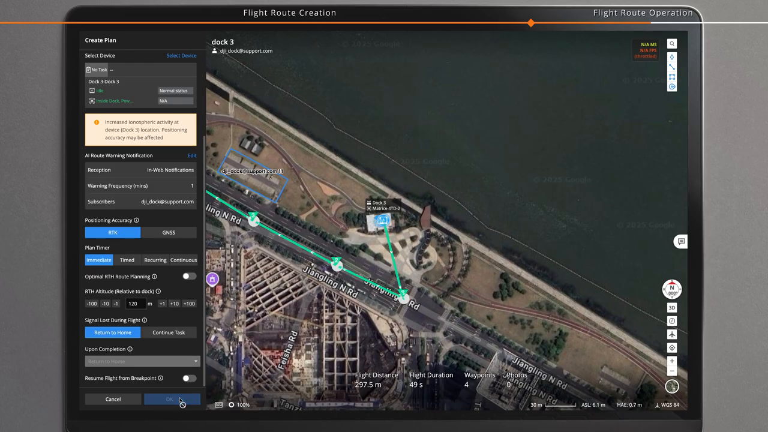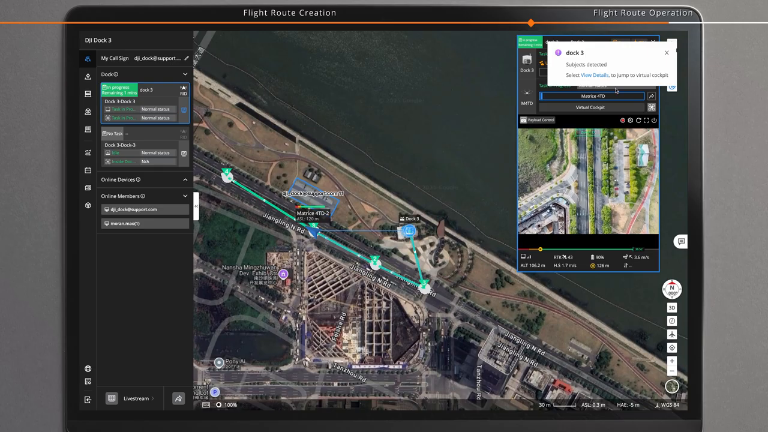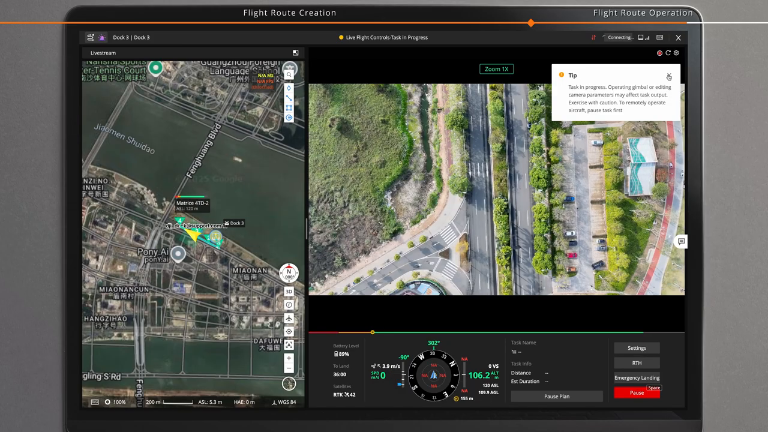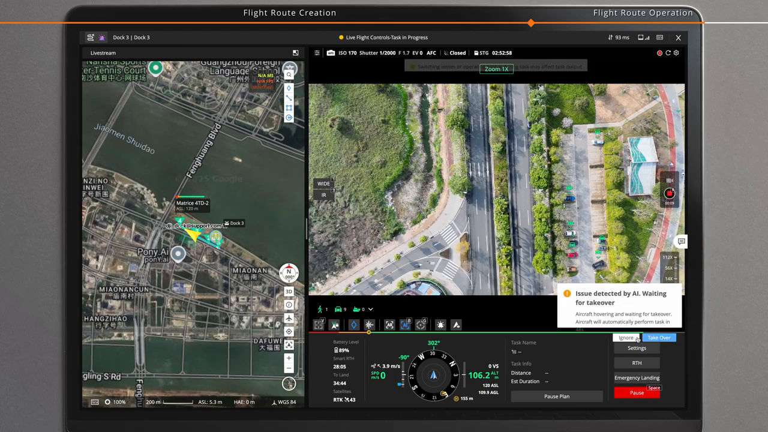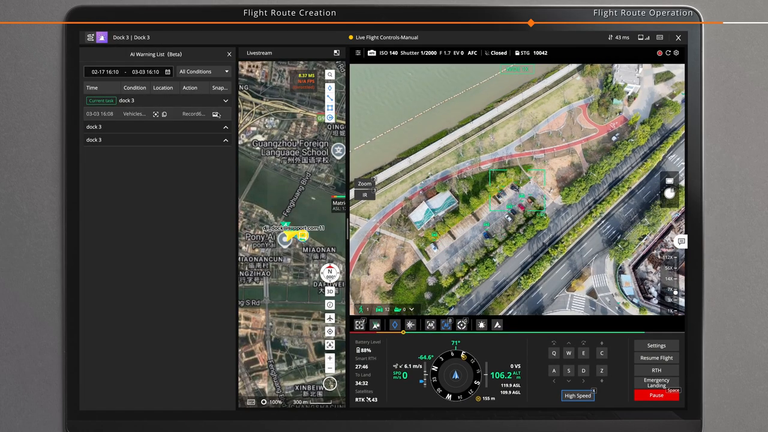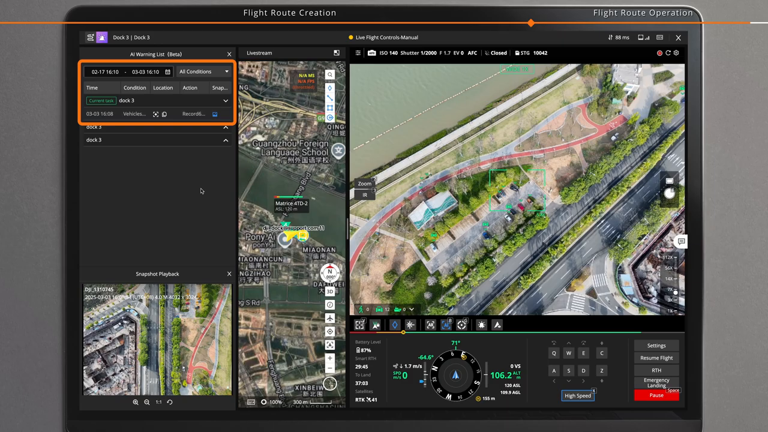Click OK. After the detection triggers an alert, if in-web notification is enabled, you can access Virtual Cockpit through the notification and manually take over the aircraft for operation intervention. Virtual Cockpit supports displaying intelligent detection flight route warning records. You can quickly view the trigger time, conditions, detection subject locations, as well as snapshots